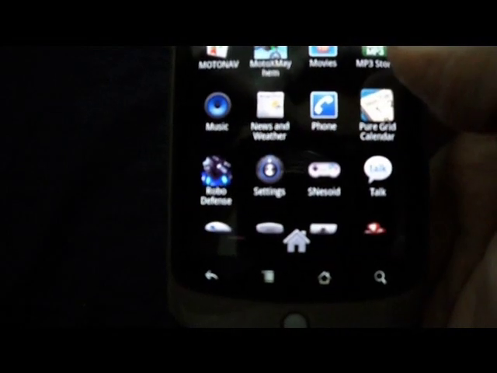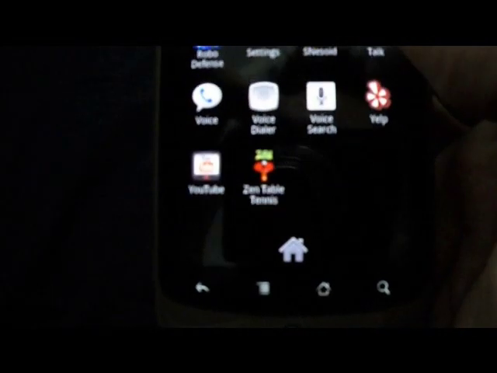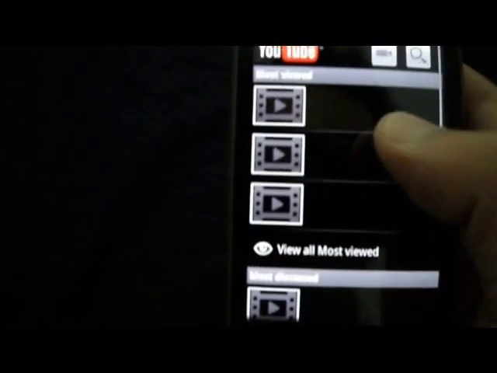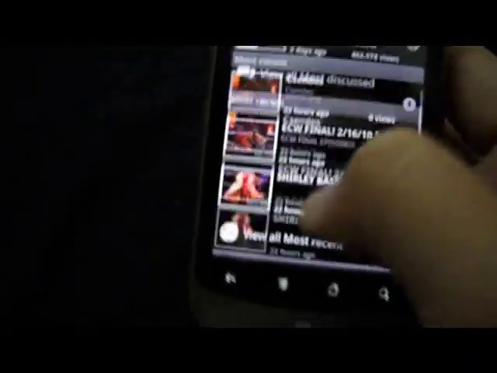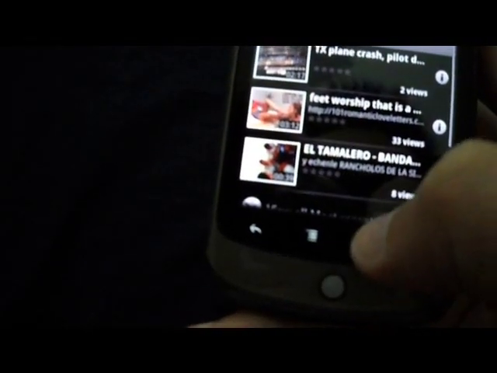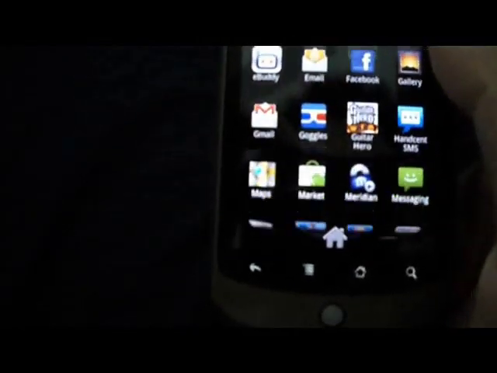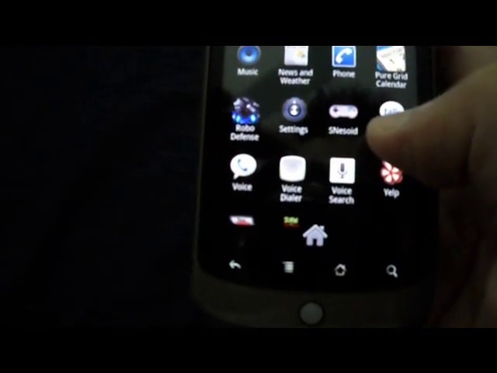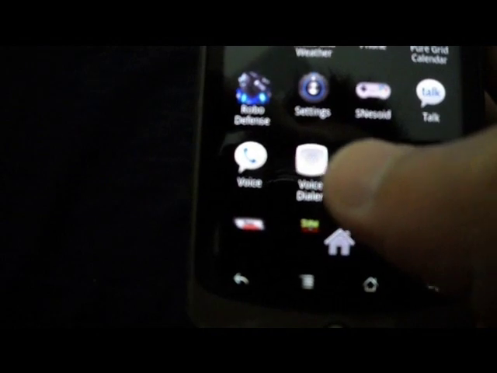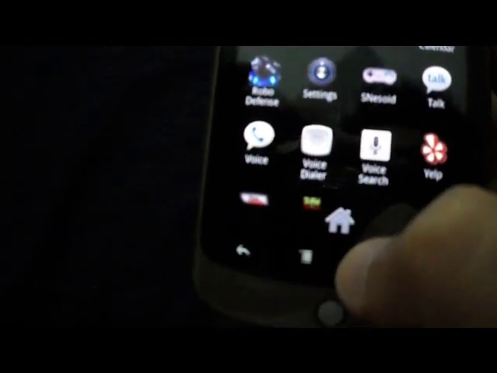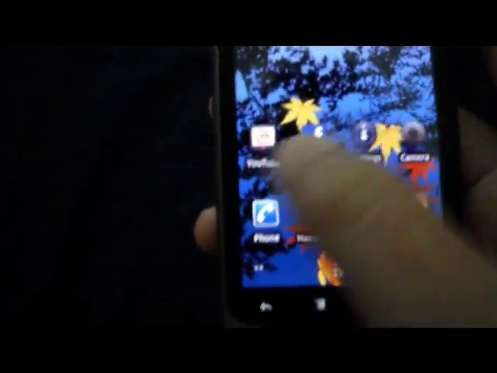Movies, okay. Periodic calendar. We talked about that. YouTube, fast. This one's no problem. I think it's pretty good. And you guys see how fast it loads, right? Yeah, it's the 1 gig Snapdragon. It's awesome. You never have to wait for anything to load. Voice dial doesn't really work that well. I think if you use this one, it's a lot better. Okay, so